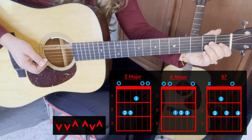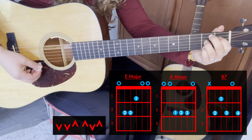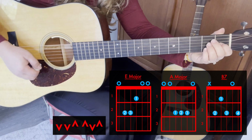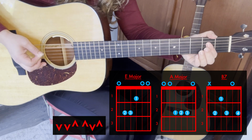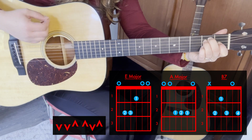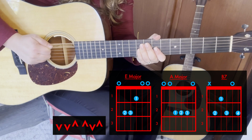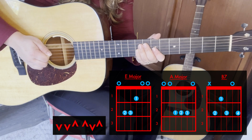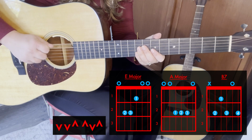And going into the chorus, we're going to use those same chords, E, A, and B7. But for the first part of the chorus, when we say "you're as smooth as Tennessee whiskey," we're going to do a rhythm. And for this, we're going to use the lower strings on the guitar. You can palm mute the 5th and 6th string while you're doing this. In the recording, it's featured on the drums, but we're going to use our hands here on the strings to